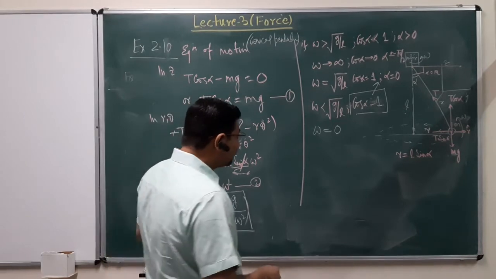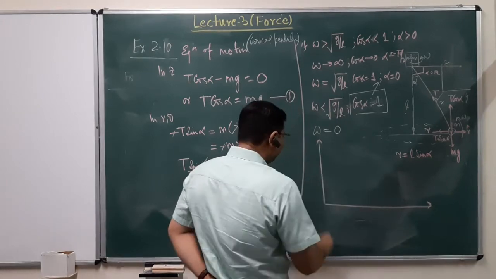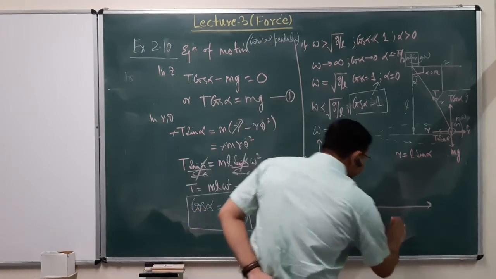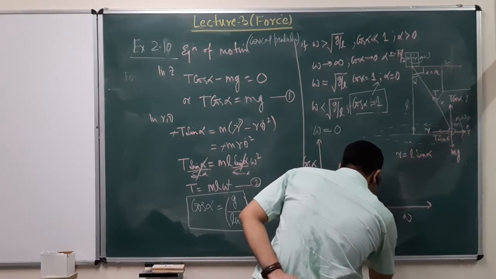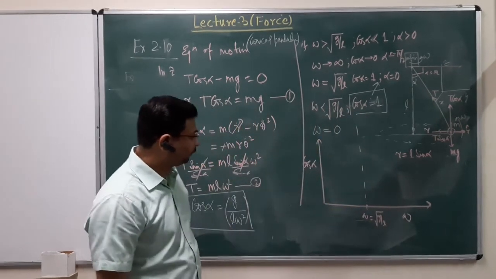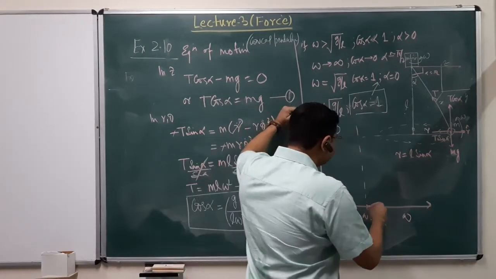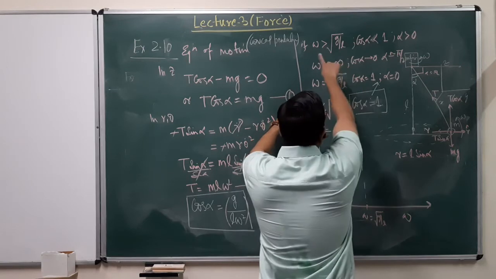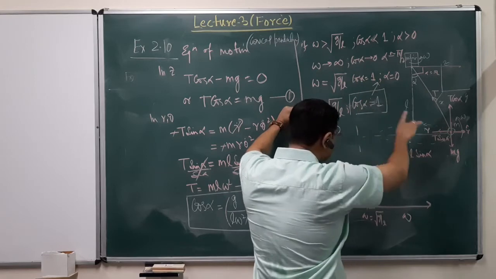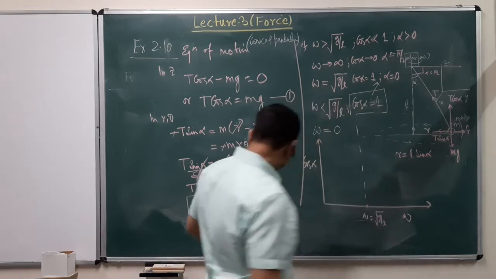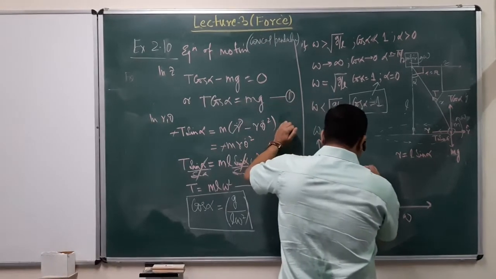Okay. What we can do is we can also see this graphically. Let's plot cos alpha as a function of omega, where let's say this point is omega equal to the square root of g by L. Now we'll simply see the same cases graphically on this plot. For omega larger than the square root of g by L, cos alpha is simply going to follow this equation, which says that it will go as 1 over omega square. So it will look something like this.